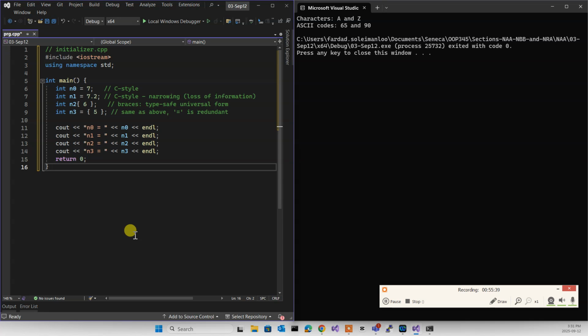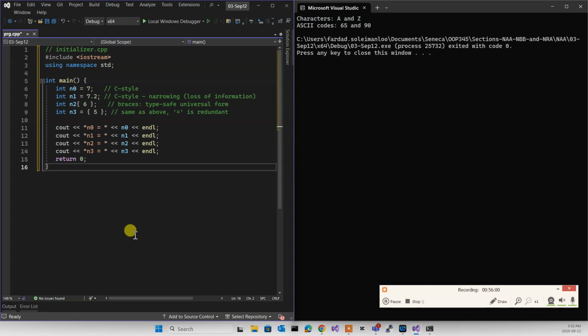Now, with respect to object orientation, when you assign a value to an object at the moment of creation, what is being called? An object, not a fundamental type. Let's say Employee E is equal to 234.